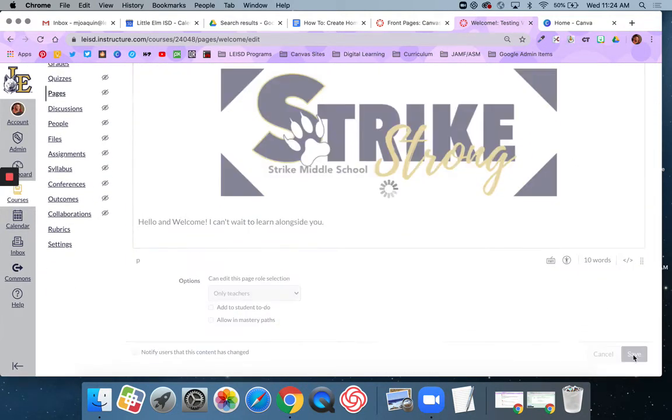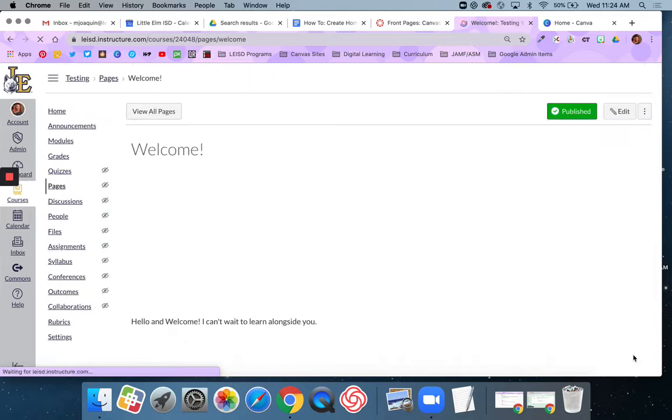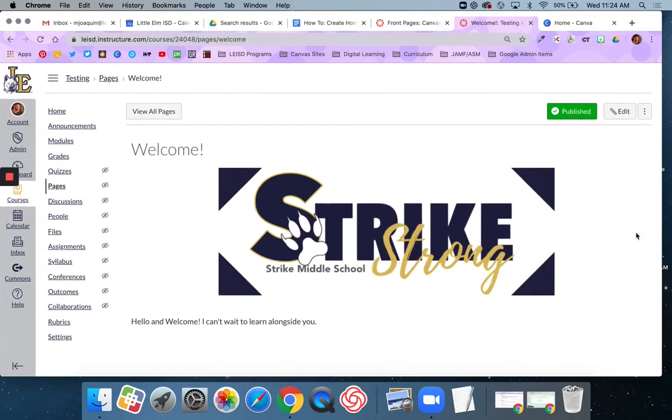And I'm going to go ahead and just say save so you can see what this looks like. So in that case, I added the image directly from my computer to the page itself. Another option I have, let's say that I want to use buttons, and I know I'm going to have several buttons. What I can do is I can actually come over here to Files,